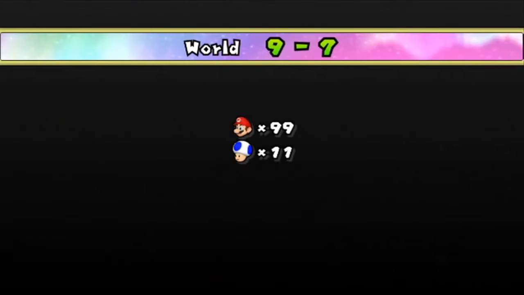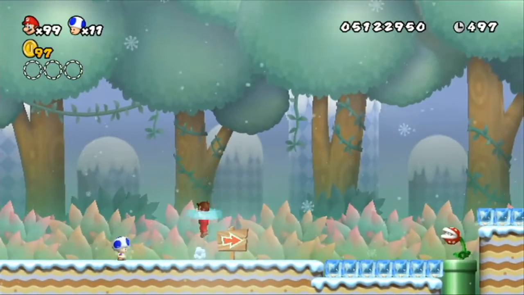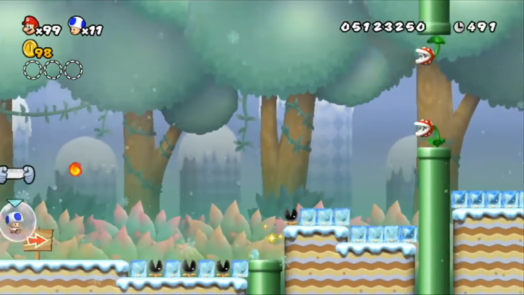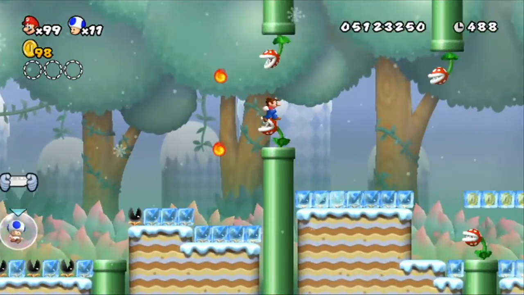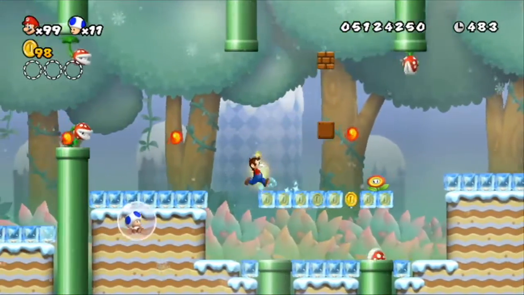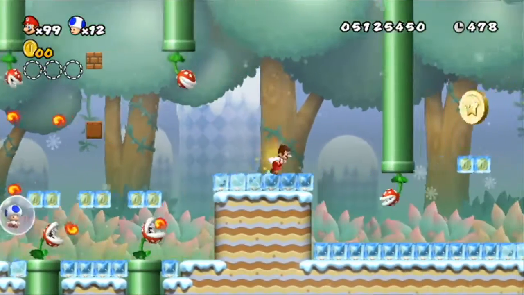So the first thing I'm going to do is put Toad in a bubble. We'll make sure that he stays in that bubble. And also don't free any of the chomps. But you have to have momentum, and serious momentum at that. Of course, with 2 players...